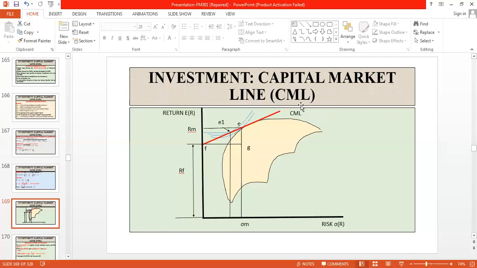The CML line that we are getting has a positive intercept. It is passing through the optimum point E. Optimum point E, we know, indicates the portfolio which consists of optimum equity shares only. This is my CML line. You can move to any point on the CML line, where you will get a combination of equity share and bond. So in the next lecture, we will discuss in detail the interpretation of this CML line. That's all for this particular lecture. Thank you.